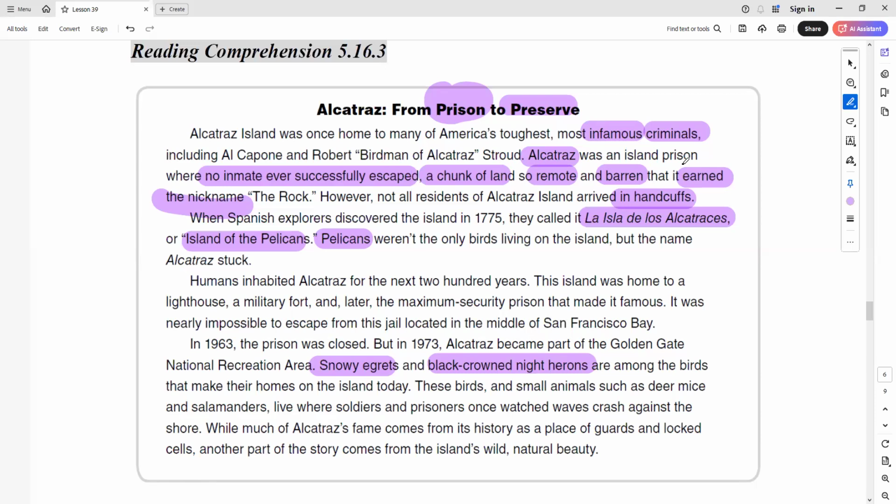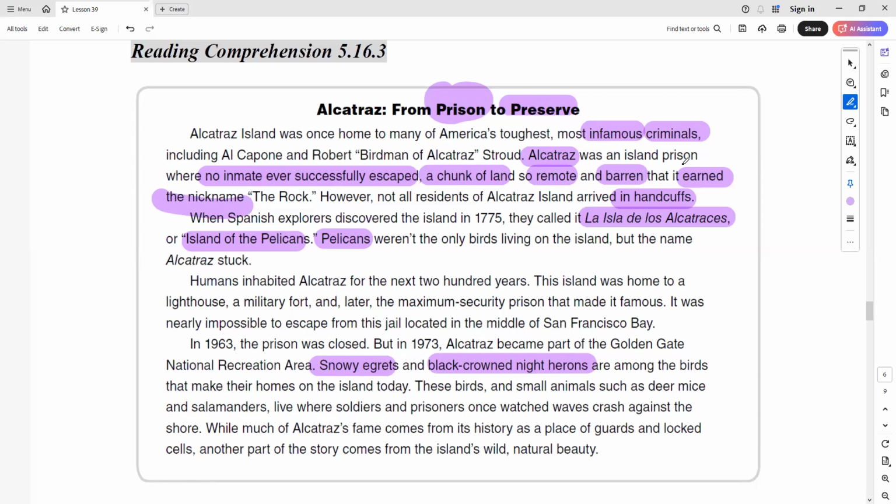But what kind of place is Alcatraz now? Alcatraz is actually a tourist spot, OK? It is a tourist attraction. Okay, so now we come to this one. When Spanish explorers discovered the island in 1775, the Spanish explorers, we discovered this island and called it the Island of the Pelicans. So this tells us that actually there are not only pelicans here, but also other animals. But the name just stuck there. OK. Then we come to